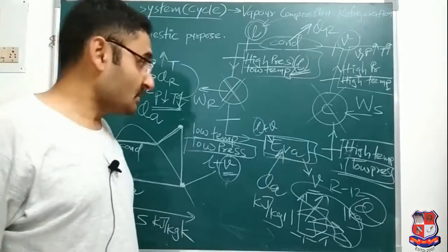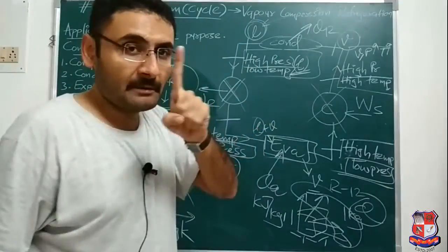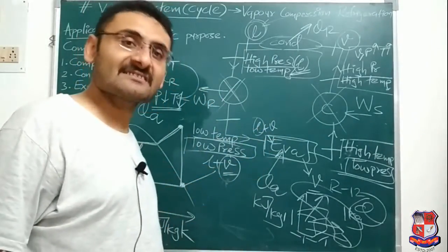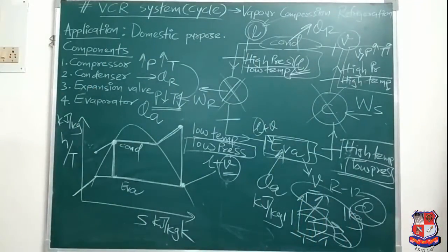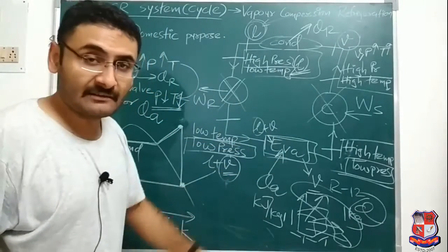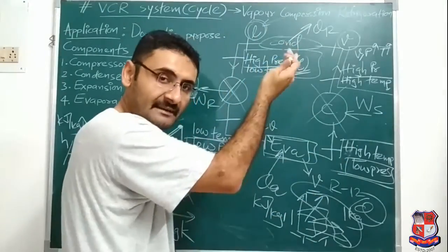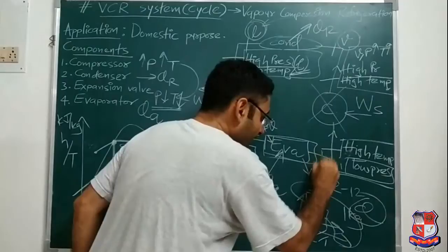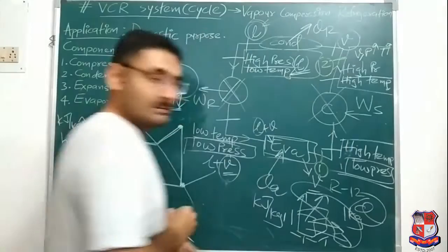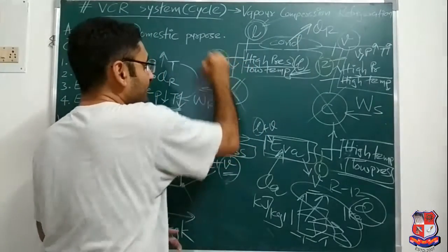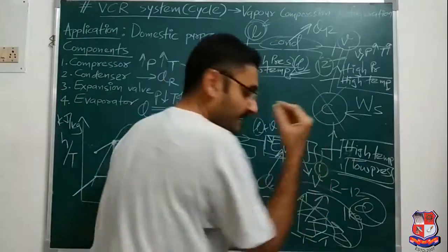Now how will we provide the numbers? For that purpose, numbering is important. So we will provide number 1. After which device our process starts, that will be number 1. I will take another chalk if possible. Yes, yellow chalks are there. After which device does our process start? I can say after the evaporator, because when the vapor is sucked by the compressor, then our process starts. So after the evaporator I will write number 1. After the compressor I will write number 2. After the condenser I will write 3. After the expansion device I will write 4, and after the evaporator I will write 1.